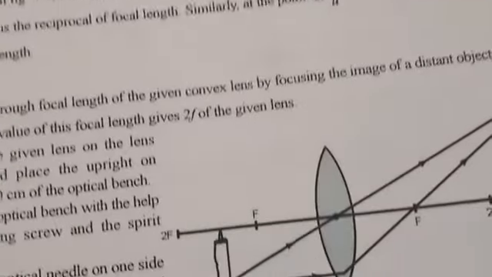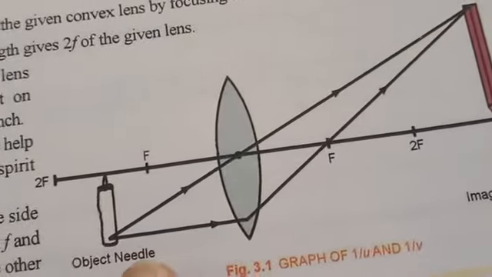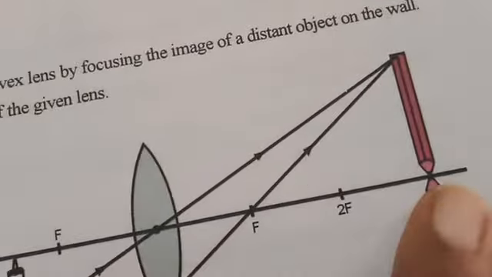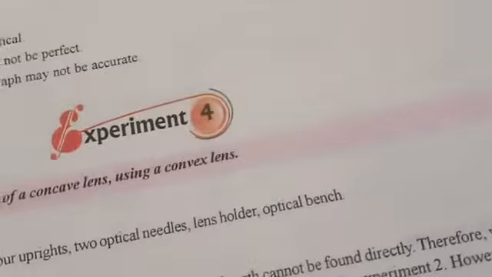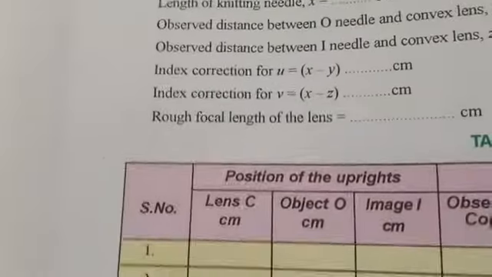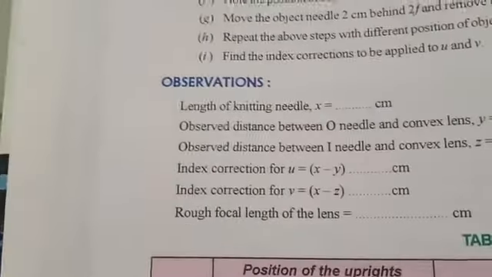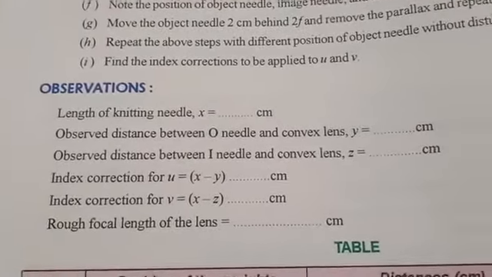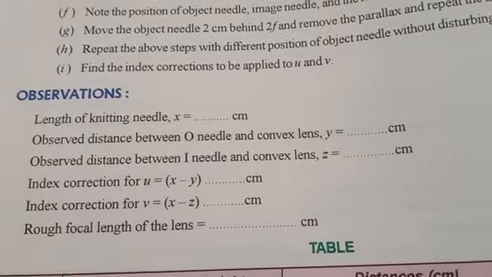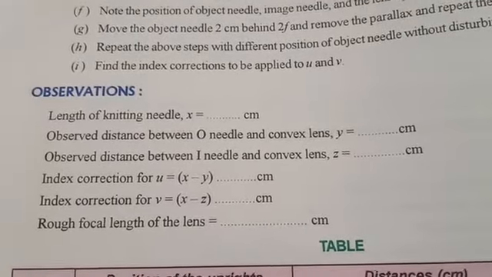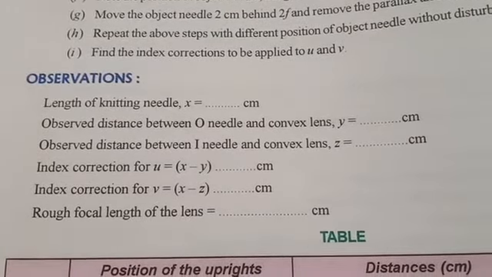And you will apply the sign convention rule also here. And now I am showing the pictures also, the candles. This is your object needle and the image formed beyond 2f. And those students who do not have the book, I am showing you the object. The length of the knitting needle is 8 centimeter. The observed distance between the needle and the image is 6 centimeter. You note that, and the remaining you note yourself.